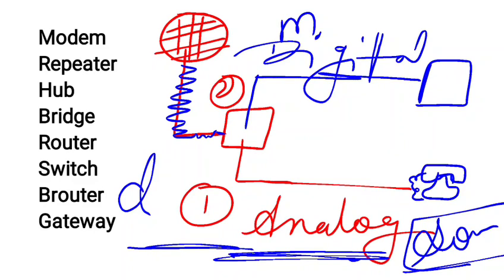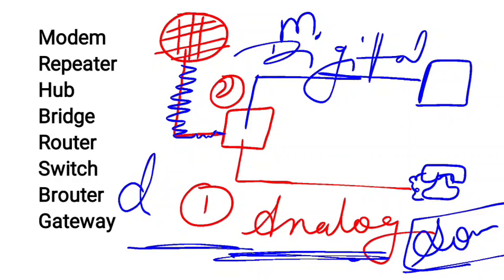An analog signal is a signal which transfers only sound media, which helps to transfer with the help of telephones. Now the second one is the digital signal, which helps us transmit multiple types of media. That's why we directly connect it with the computer system. And the modulator handles the digital signal, and the demodulator handles the